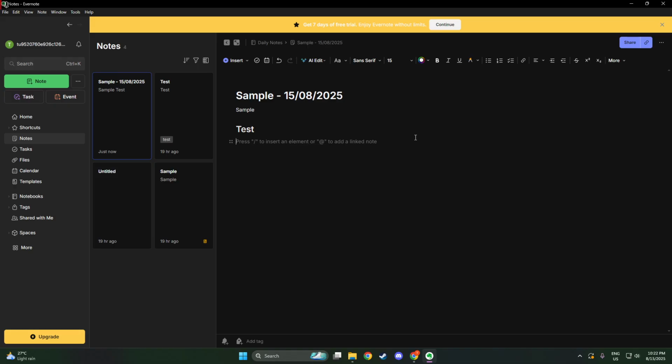To begin, let's start by opening up Evernote and navigating to the note where you want to add highlights. This could be a fresh note you're creating or an existing one that you're editing. Once you have your note open, carefully select the portion of text you wish to emphasize with a highlight. You do this by clicking and dragging your mouse over the desired text. This will ensure that only the text you've chosen will be highlighted, allowing you to maintain clarity and focus on